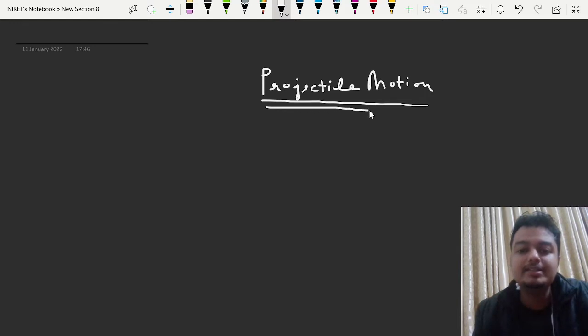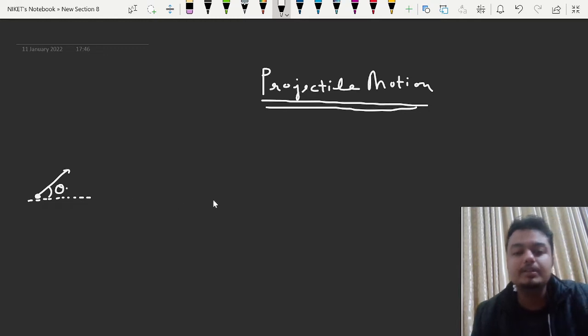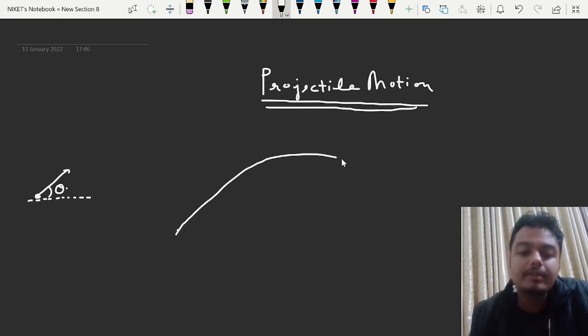Projectile is anything which you are throwing obliquely to the particular surface which is horizontal. Like for example, if I give you a clear example from cricket, let's say a ball goes to the third man fielder, and then the third man fielder picks up the ball and throws the ball towards the wicket keeper. So what is the path being followed by the ball? This path is a parabolic path, and this whole parabolic path